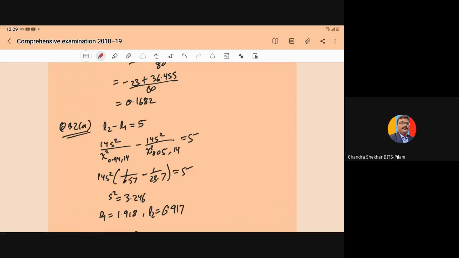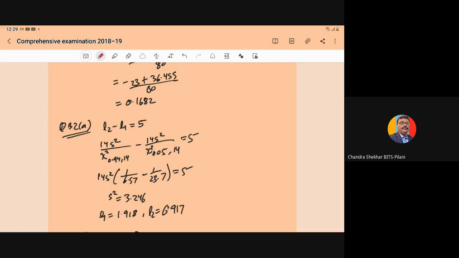So the upper limit we compute as (n minus 1)s square upon chi square of 1 minus alpha at 1 minus alpha degree of freedom, minus L1 means 14s square, (n minus 1)s square upon chi square for degree of freedom 14, is equal to 5. This is given to you. So from the numerator we can take 14s square as a common.